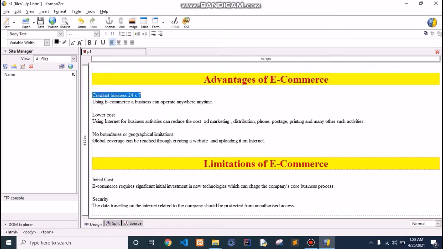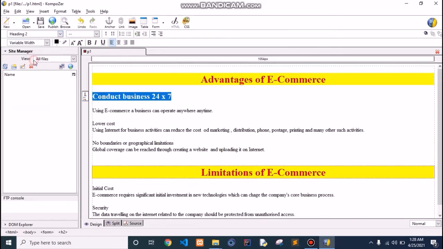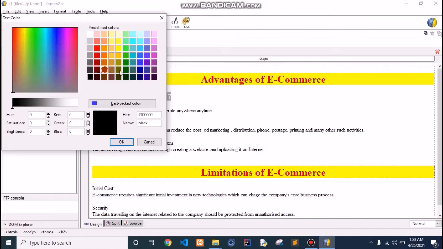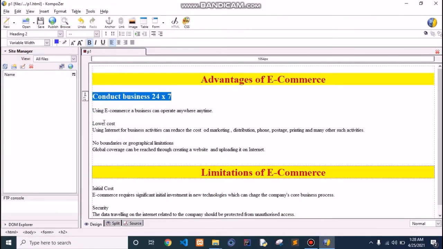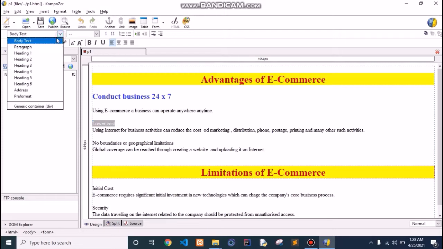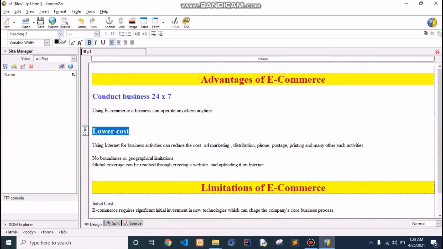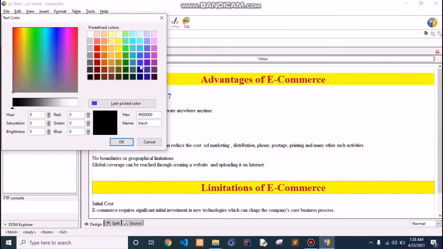So select them. Heading 2, color of the font as blue color. OK. Similarly here, select it. Heading 2, color as blue color.